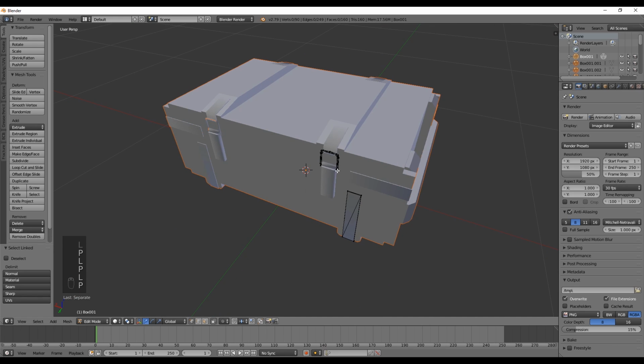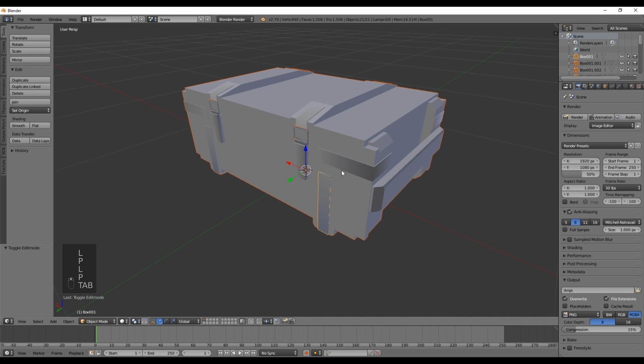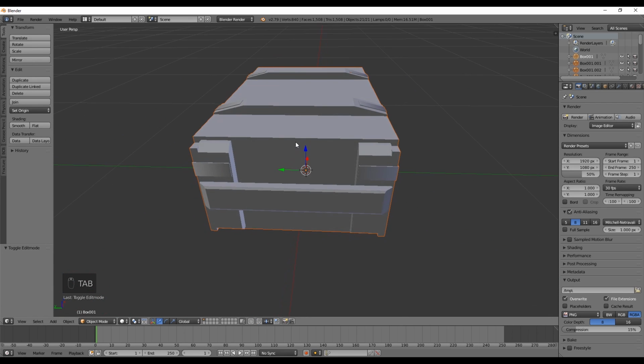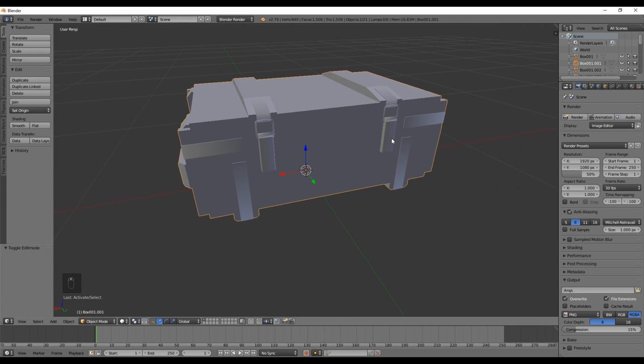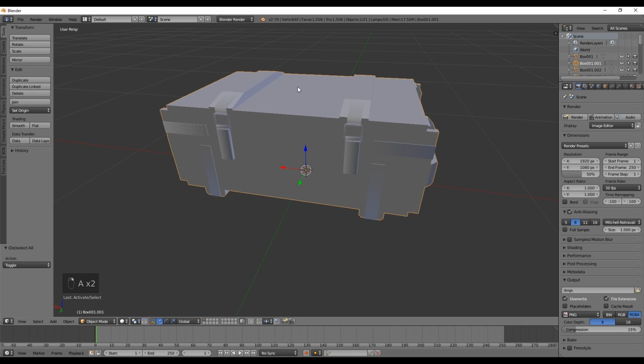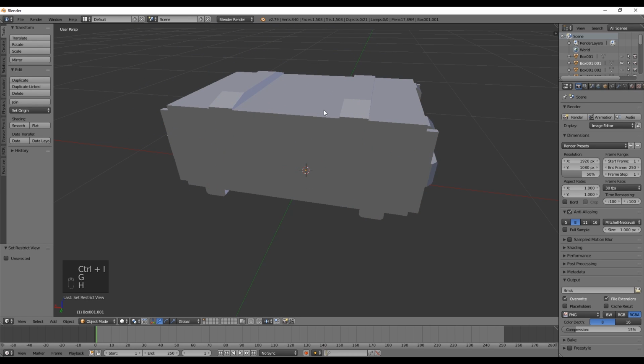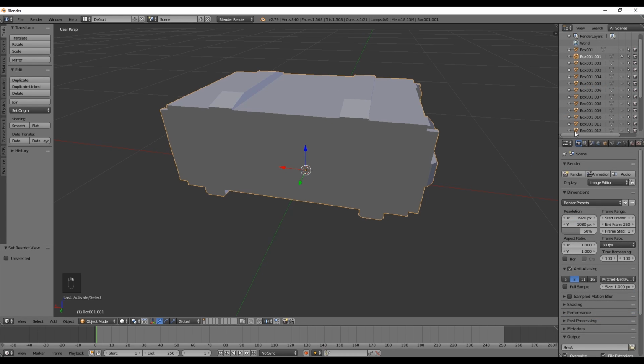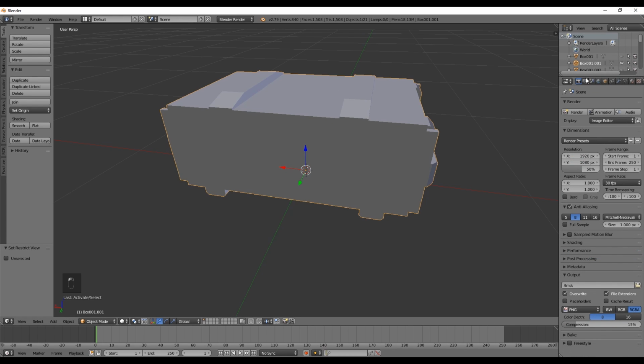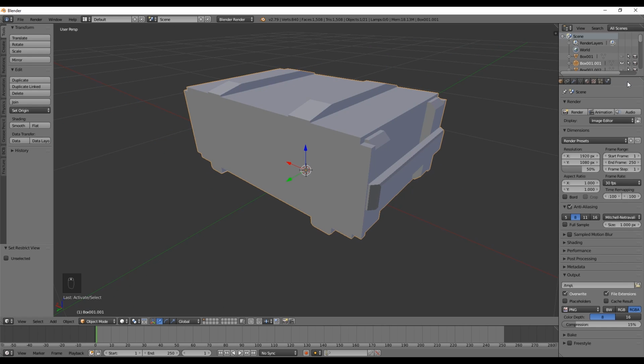Alright, cool. Once you have done that, we can go back to object mode with Tab. We want to select the box and then press Ctrl I to select the inverse, which will allow us to press H and hide the hinges and the bracelets. And this will facilitate our breakdown process. Alright, so with the object we want to break, we can go to the Physics button, the last one,